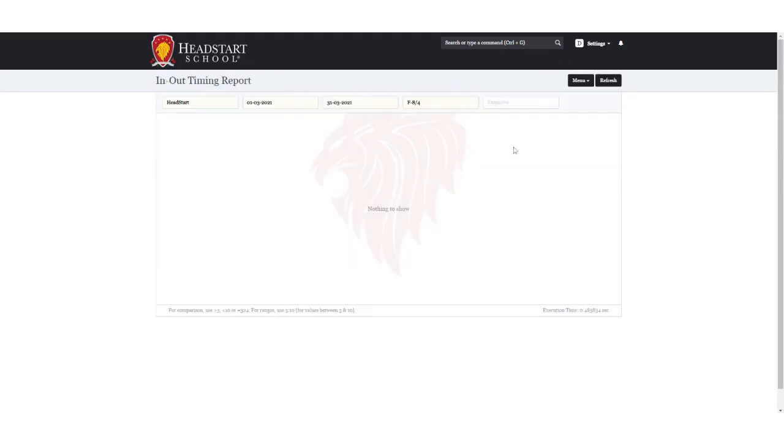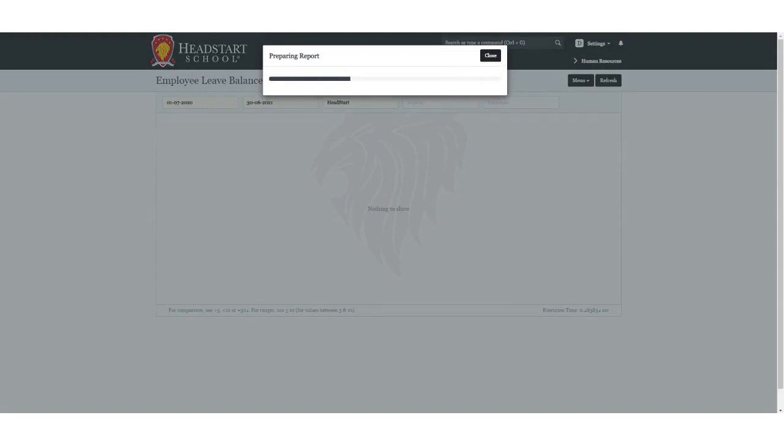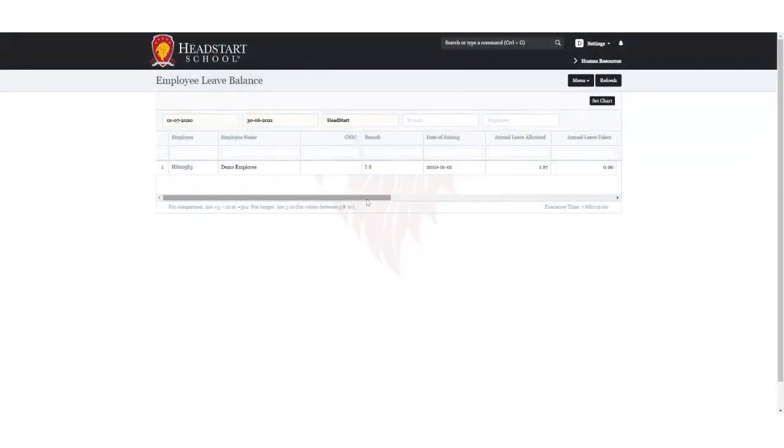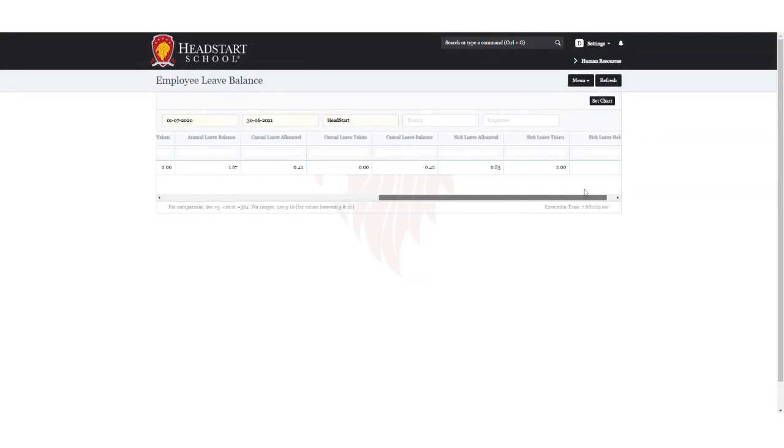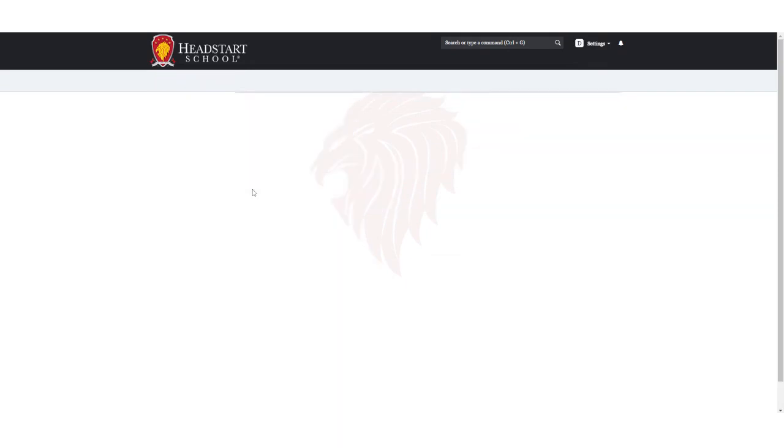You would also check your employee leave balance for how many annual, casual, or sick leaves you are left with, just so that before you could place your leave application, you can be sure of how many remaining balance you have. This report actually tells you that balance. By scrolling from left to right, you could see all of your leaves that are allotted and their remaining balances and their total amounts. If you want to view your salary slip, you come into the payroll section.